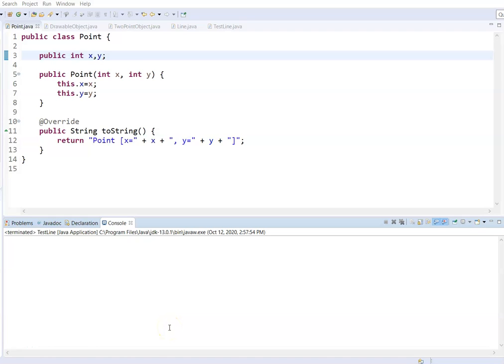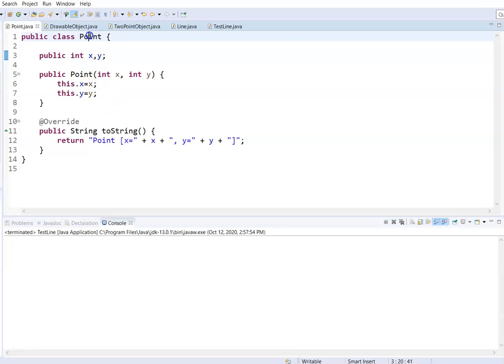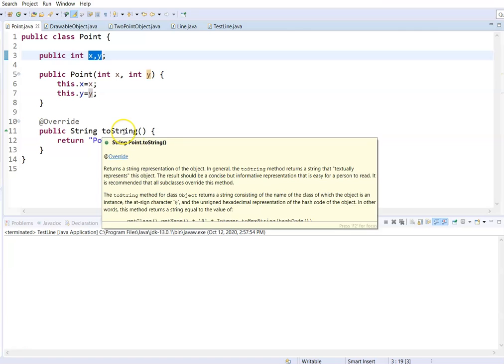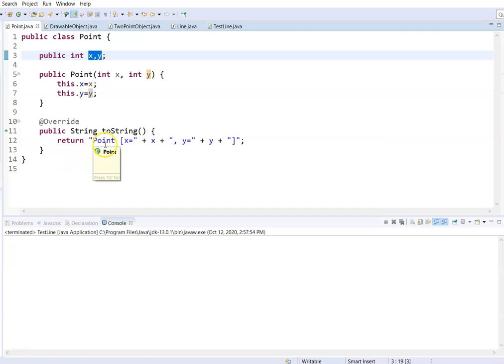Let's look at an example of inheritance. So here we have a class Point. It has two attributes of type integer, x and y. Then it has a constructor that takes as parameters the value of x and the value of y, and then it assigns those values to the attributes. And then we have a toString method which prints the name of the class and then the values of x